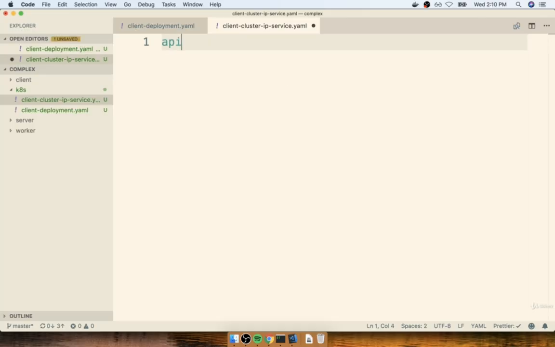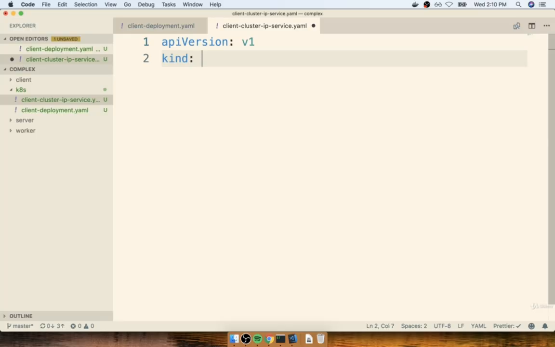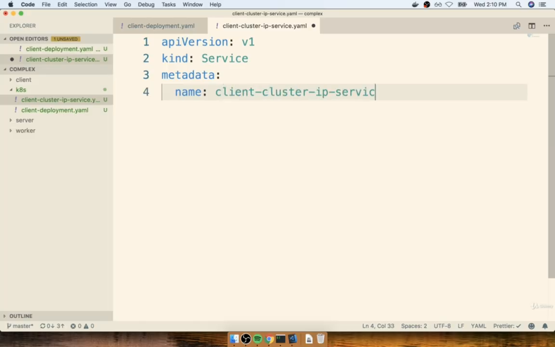All right, so inside of here, we'll first start off with an API version of v1. We're going to create an object with a type of service. For our metadata, we're going to provide a name of client-cluster-ip-service. And then for our spec, that's going to configure the way that this service behaves, we're going to specify a